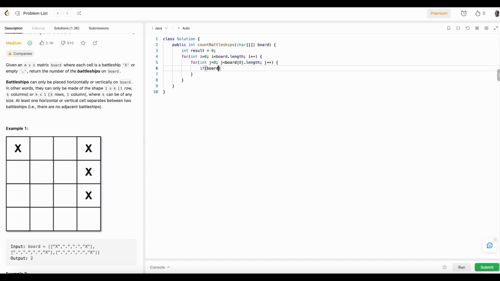So if board... this is what they've specified, that X represents a battleship being present. We have two cases. We have to check if that's the starting of the ship. It could be placed horizontally or vertically. First, we'll check if it's placed horizontally on the board. Imagine it's placed like this and we encounter the first cell. We need to check if there's a previous cell before it that also has a battleship, because that means we don't need to count it twice. So what we could say is if